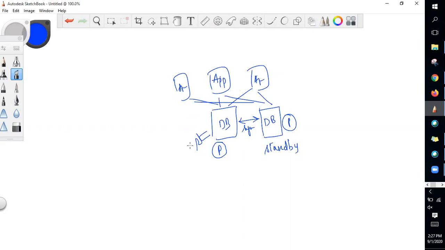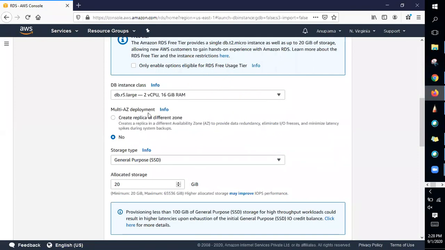So here in this case also, at some point of time, they're using only one database, but you have a disaster recovery kind of thing, multi-AZ. Your database would be replicated and this would be in sync. And automatically, for some reason, if this fails, it will fail over to a secondary one or the standby one, so that people who are using the application or the data through the application will not find any difference. They will not have any downtime because automatically it will replicate. That's what the multi-AZ deployment is basically. It creates a replica in a different zone.